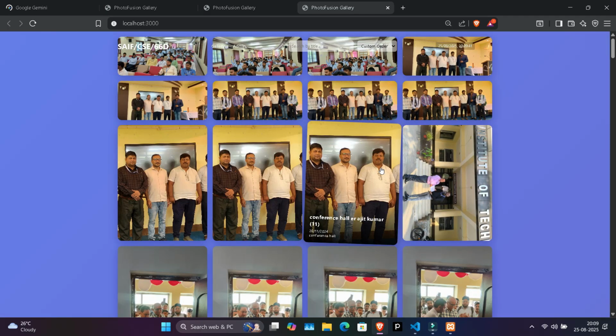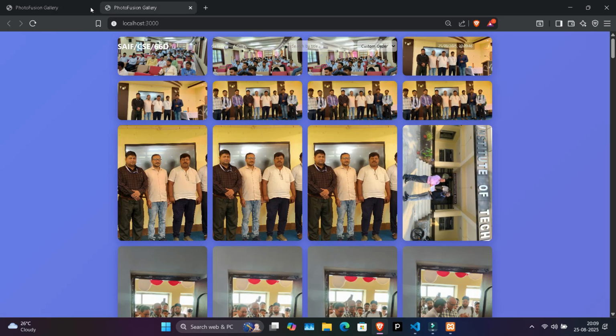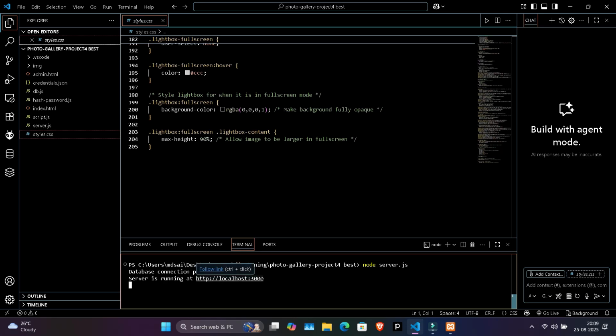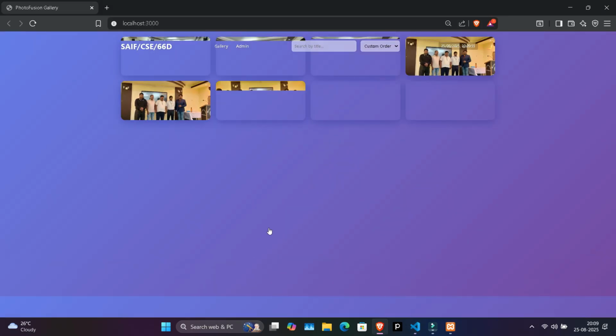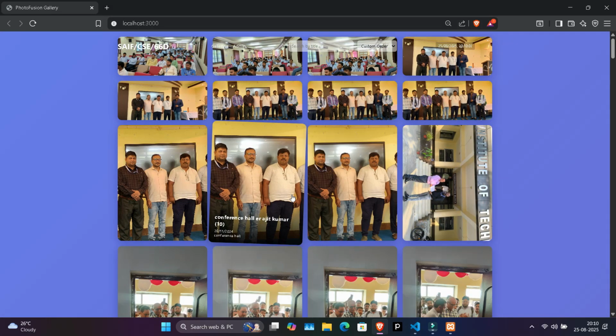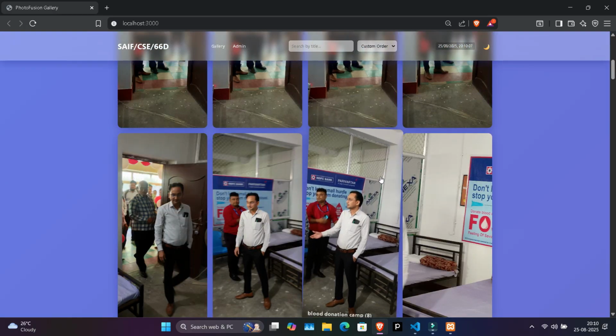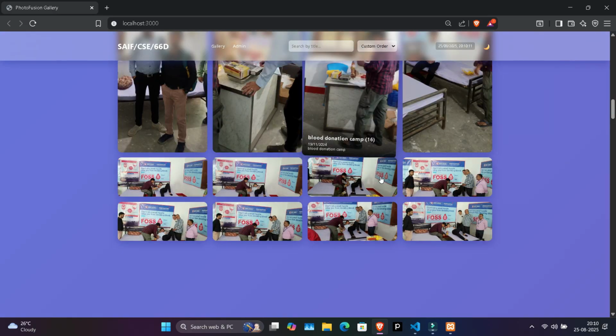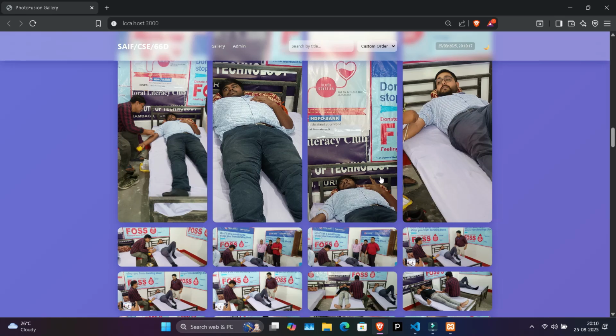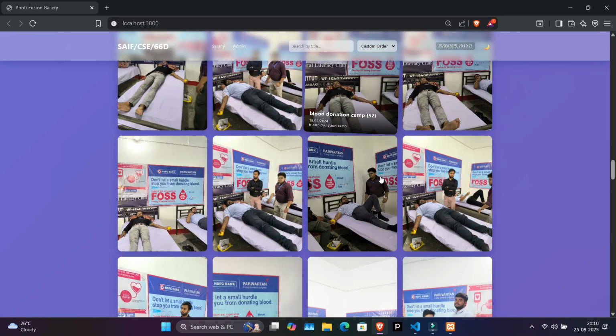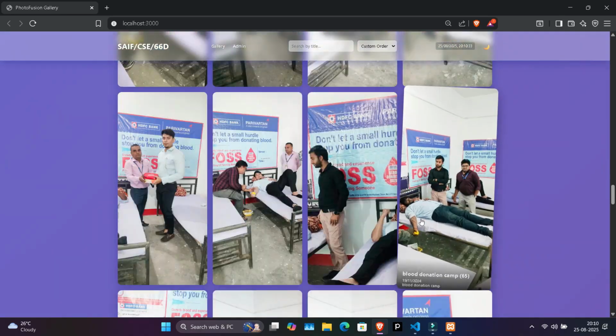The development process involved UI designing, coding, database connectivity, and testing. One major challenge was integrating the backend with the database. I had to learn SQL queries and asynchronous programming in Node.js, but overcoming this gave me hands-on experience in solving real-world